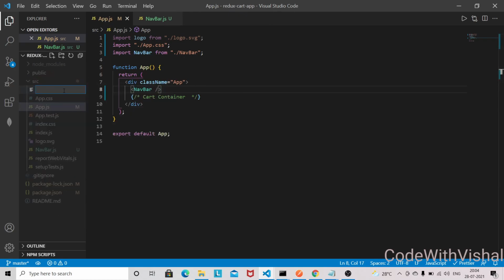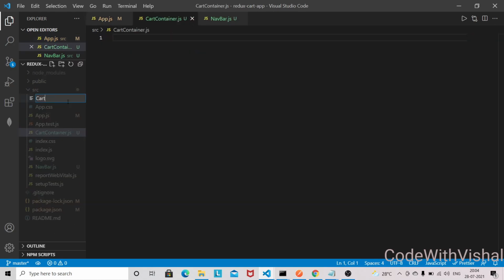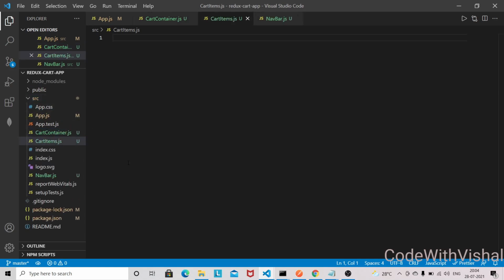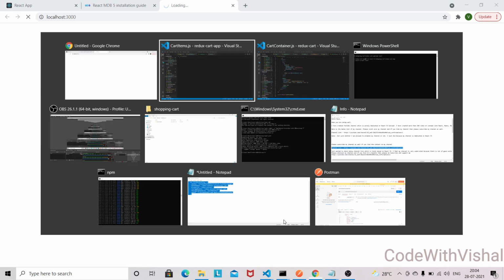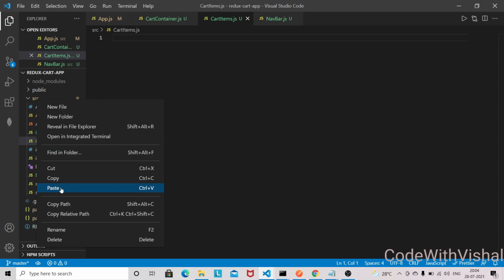So the other files will be like cart container, and we'll have one more file like cartItems.js, and I also need to bring one data file here inside this source folder. So I'll just paste that file here.